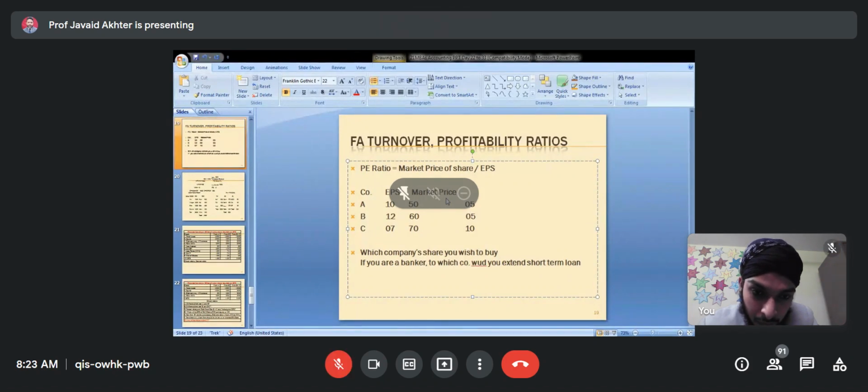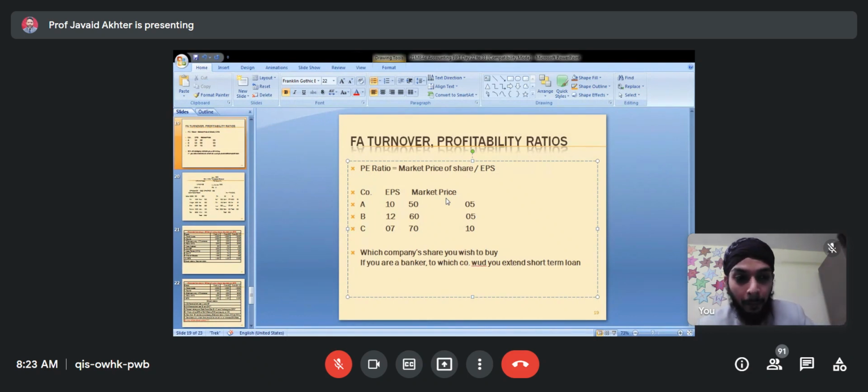I'm not saying a definite answer. So I think a higher one is required. Let me first clarify this thing: DPS, EPS, all these things are calculated on the book value of a share. On which value? Book value, face value at which you bought, not at the market value.